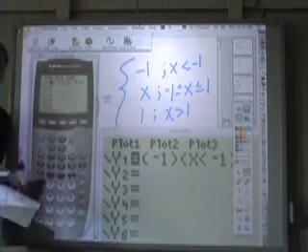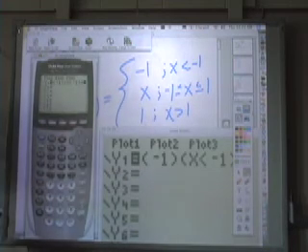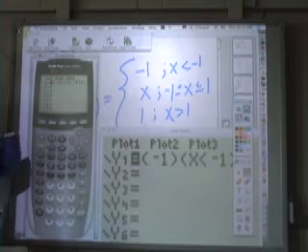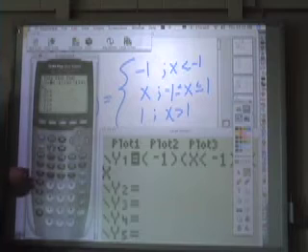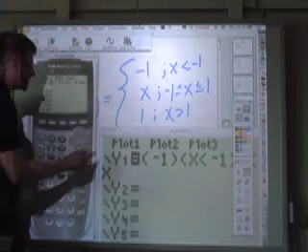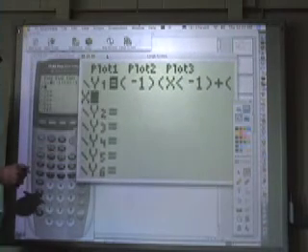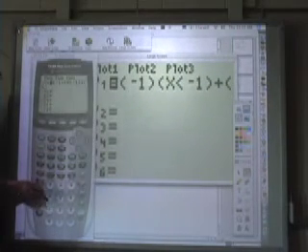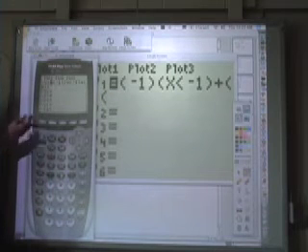Now we're going to put all three pieces in the same equation. So now I write plus, and now let's do the second rule. The second rule is just x. So I do plus x. Let me pull over the large screen so you can really see this. And I'm going to close the parentheses there. I'm going to multiply that by, this will be an and statement. I want x to be,